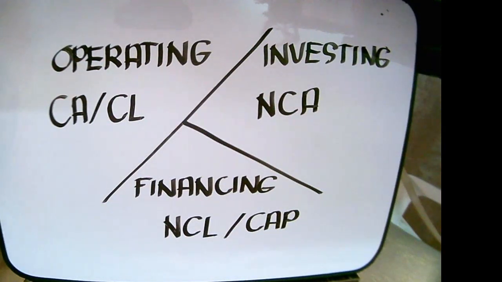Next is the financing activity. So, dito sa financing activity, ang tatandaan lang natin, kapag naapektuhan si non-current liabilities. So, dito sa non-current liabilities, more on yung mga long-term liabilities. So, kapag nangutang tayo sa bangko, good for 5 years. So, that is financing. And also, kapag naapektuhan yung ating capital.